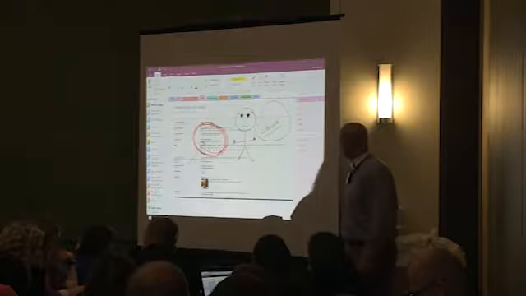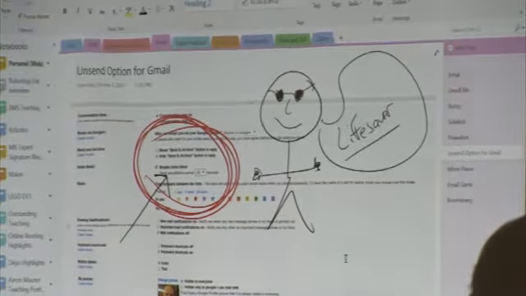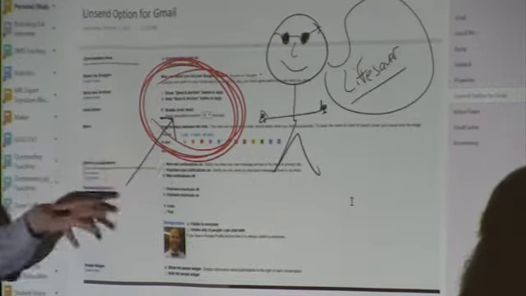This is just for Gmail, but I still can't believe how many people don't know this. There's an option in your inbox where you can unsend an email. How many times are you going a million miles an hour, trying to get all these things going on, you hit send, and you're like, oh, I did not mean to send that. So you can set a time window in your settings, and there's an unsend option. You can choose 10 seconds, 30 seconds, up to a minute. As soon as you hit send, Google won't send it until that time's up, and you can actually pull it back before it goes through to the person. It's a nice feature to have in case you catch a typo or you catch that you're sending it to the wrong person.